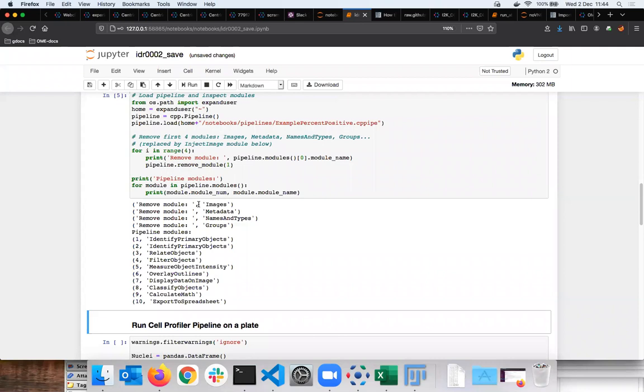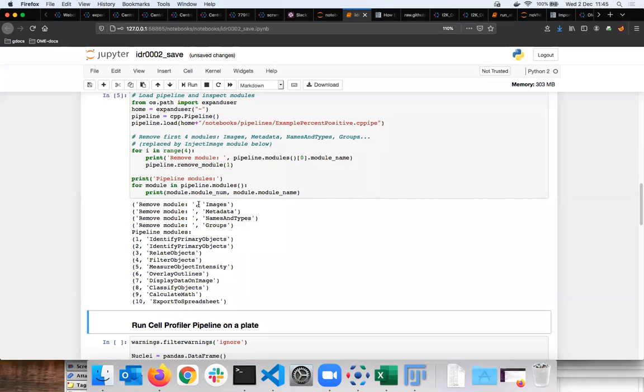What is the important bit is when you see on the screen what Peter will call Identify Primary Objects, that's where your analysis is actually going to start. The first 4 elements are where the data are. In our case, we don't need any of that, because we will be analyzing the data remotely. The data are elsewhere, in this case in OMERO. And CellProfiler has a module that we'll see below that allows us to